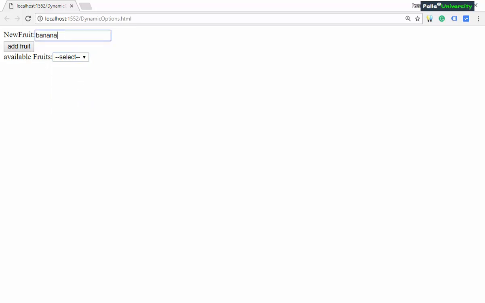Yes. In case you want, you can type mango and then click on add fruit, obviously even mango is also added, right? So I believe you understood the point. This is how you will be writing the code for adding new nodes dynamically into the current DOM tree. Believe you understood.